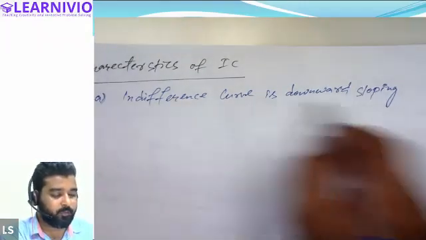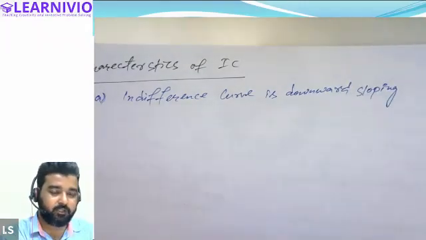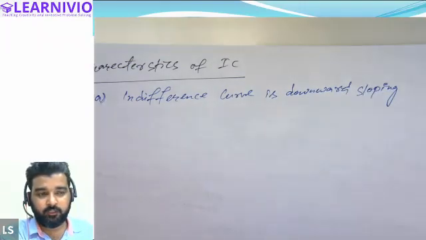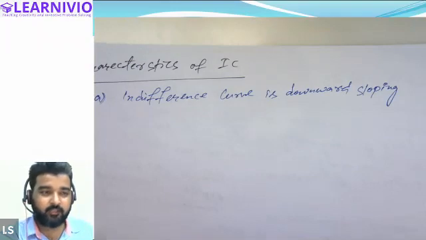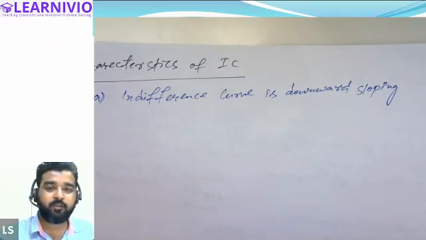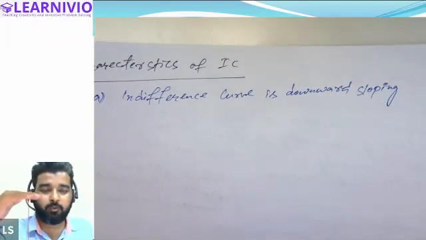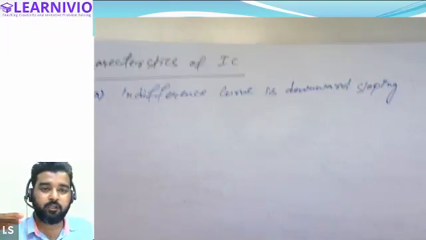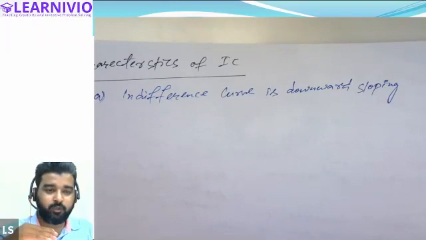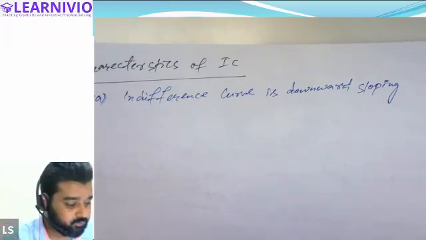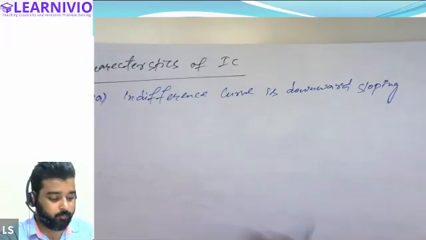It is a downward sloping curve because as we increase the quantity of one commodity, we need to sacrifice a few units of the other commodity. Why is there a requirement to do so? Because we want to maintain an equal amount of satisfaction in every combination. Hence we increase one, we reduce the other. We increase 1 unit of one commodity and reduce a few units of the other commodity, right? Therefore the indifference curve becomes a downward sloping curve.